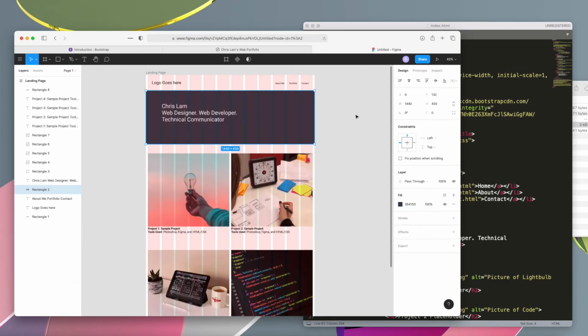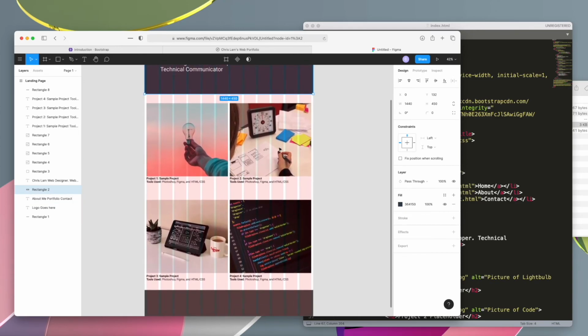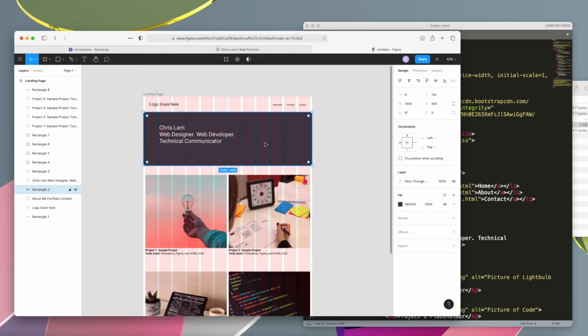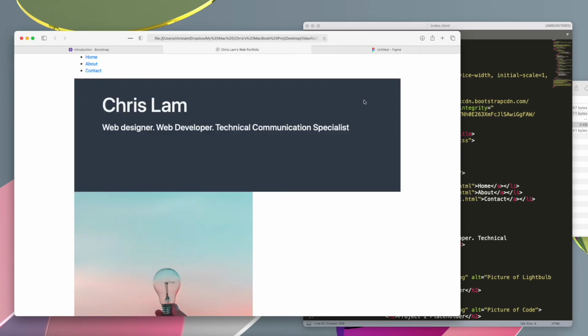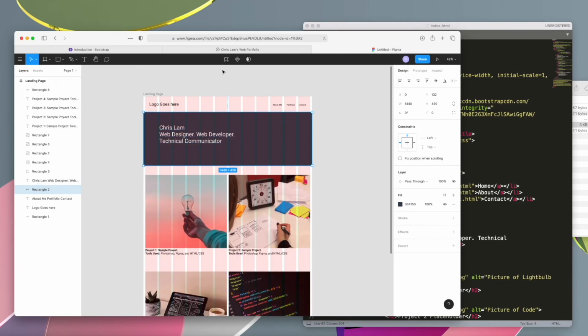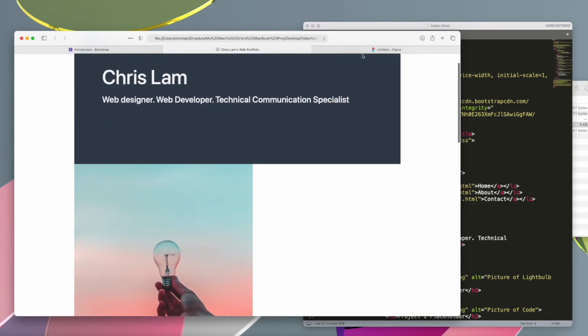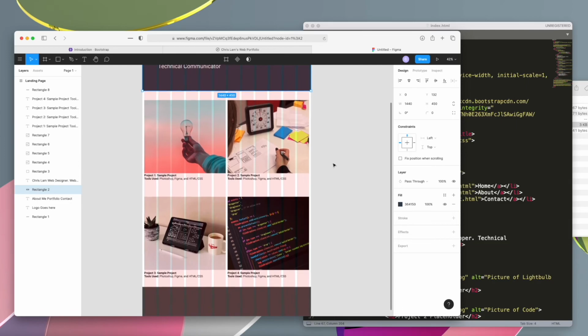So I may have misspoke earlier when I said we're going to have rows and columns for every single part of every single component on this website. For this hero section, we actually probably don't need to do anything because it's just one column. So let's ignore this section and ignore this section, and let's focus on these